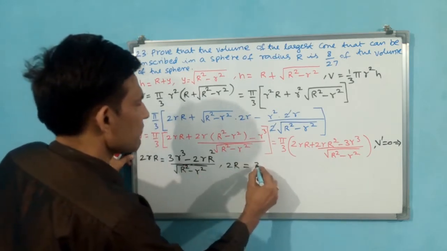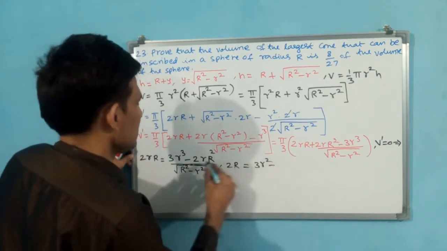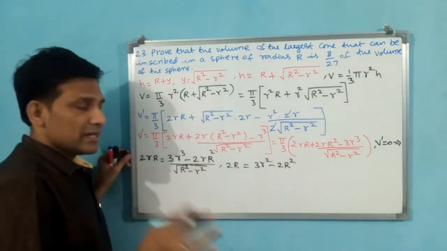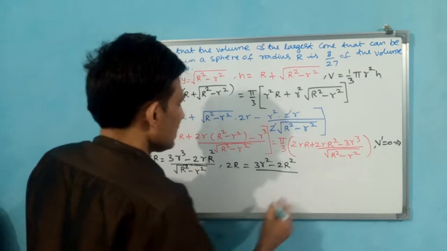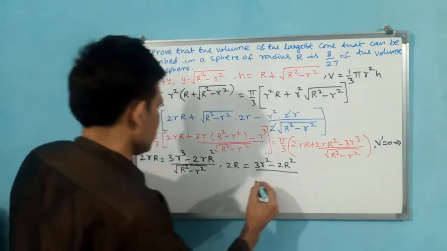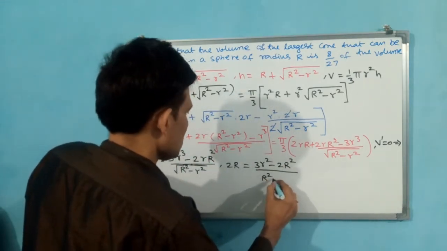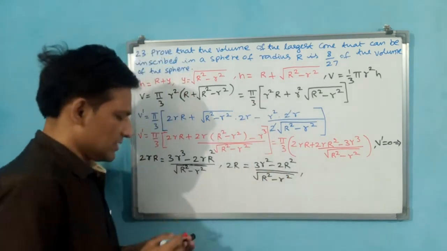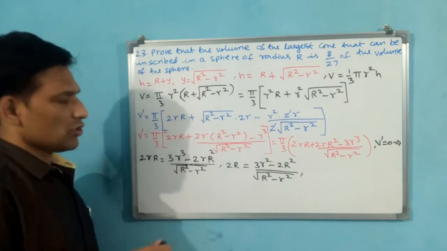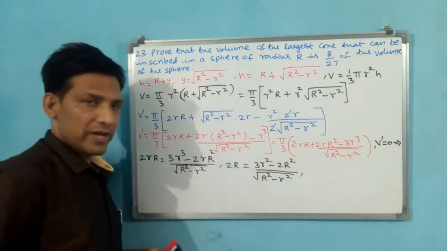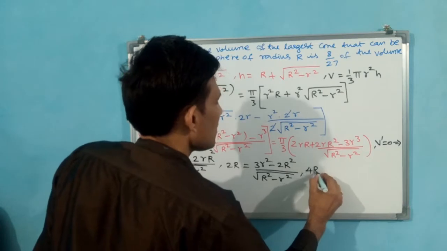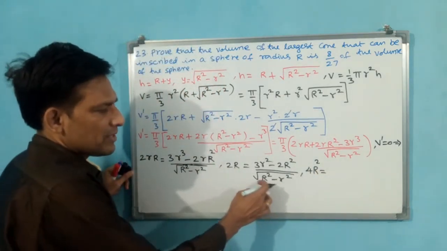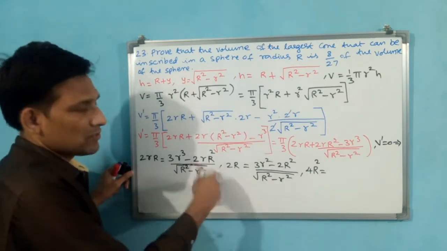Okay, here 3R square minus 2r square only will come. Now it is becoming a little bit lesser. That means r I have taken common and cancelled out. R square minus r square under root. Okay. Now I perform this squaring. Now you see both sides I have squared. That means you see 4r square is equal to. See here, r square minus r square will become, this root is going to adjust. Why? Because we are squaring.